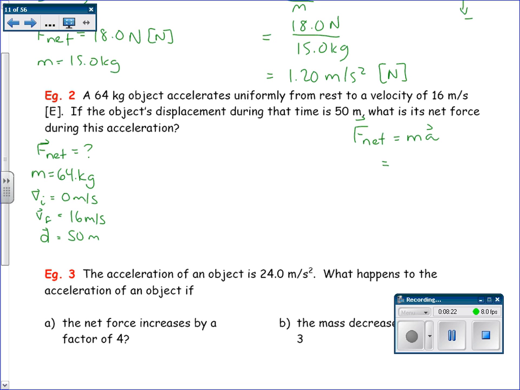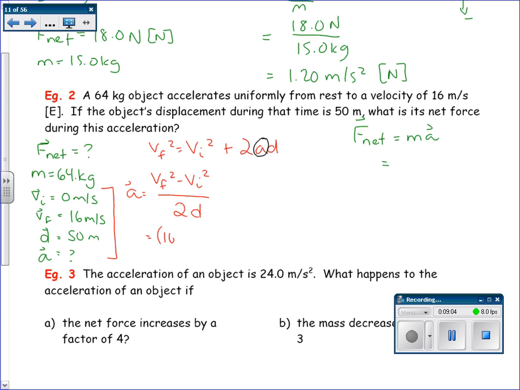So what we don't have here, like we've got mass, but we don't have acceleration. So we're also going to have to find acceleration. And we find acceleration using a kinematics formula with these 4 variables here. So we're going to use Vf squared equals Vi squared plus 2AD. Okay, and then you start to see where sometimes those kinematics equations have to be used in dynamics questions. So we're trying to solve for acceleration. We want that by itself. So we're going to have Vf squared minus Vi squared divided by 2 times d. That gives us the acceleration,